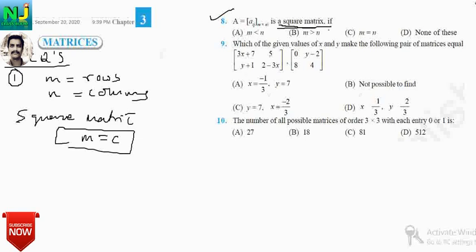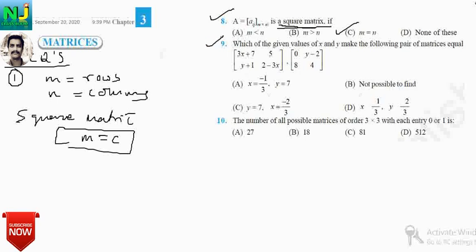What is the answer? C is the answer. This is the way. So see how much time you take. It's a very small time, even less than half a minute, fractions of a second, we can solve it if you know the depth of the subject. So my dear students, you have to practice well and well, more and more, in order to become more perfect. That is the way you can attempt any type of question in a short period of time. So now go for question number 9.